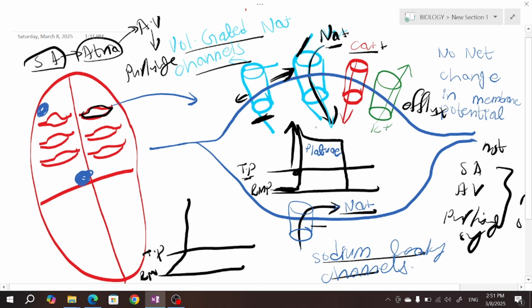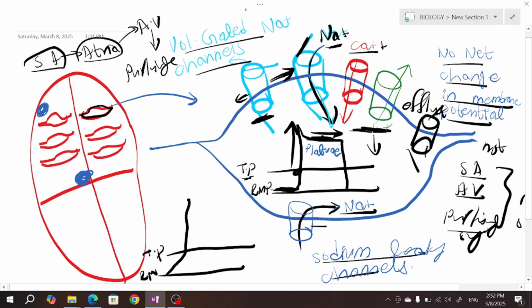So at this phase, there will be no net change in the membrane potential, and when there is no net change in the membrane potential, it is represented by the straight line, which is the plateau phase, and the plateau phase is absent in the AV node, SA node and Purkinje system. Okay, and then again voltage gated potassium channels open, and there is an efflux of potassium, and repolarization occurs. And the same will be for